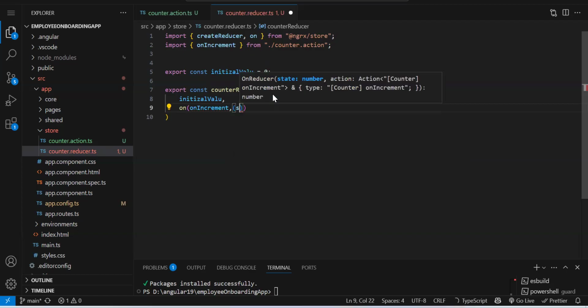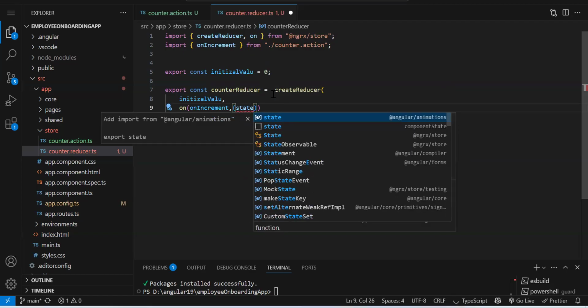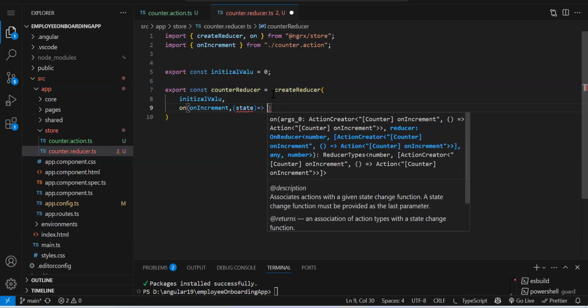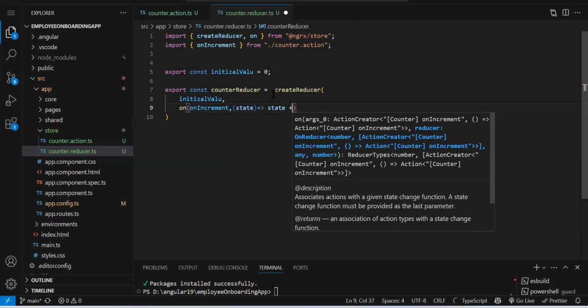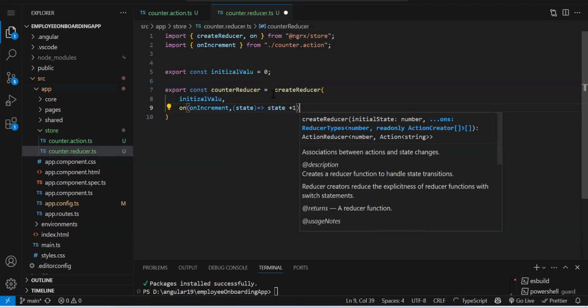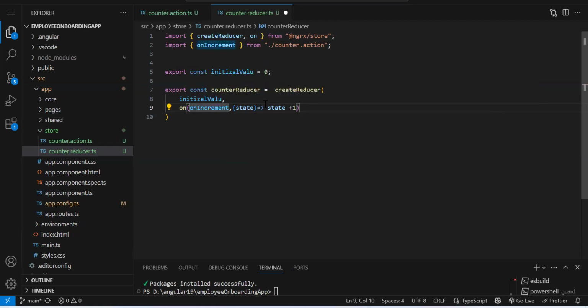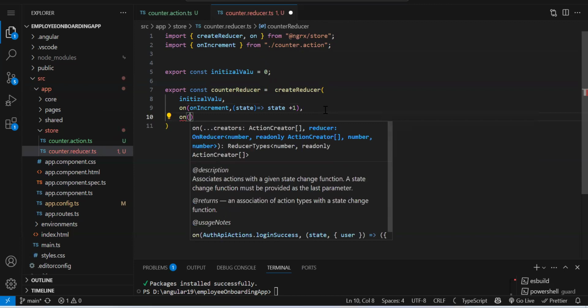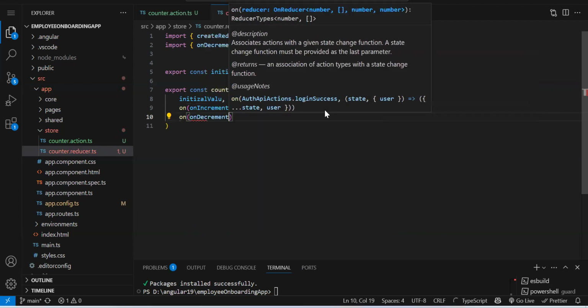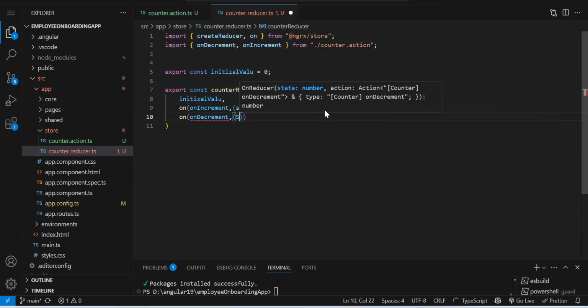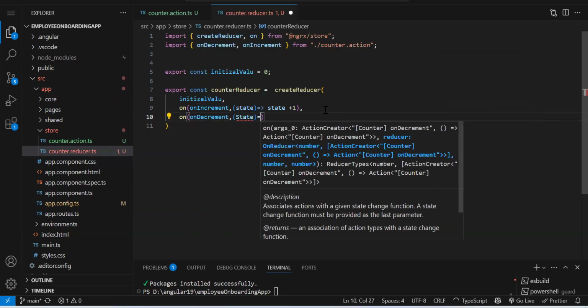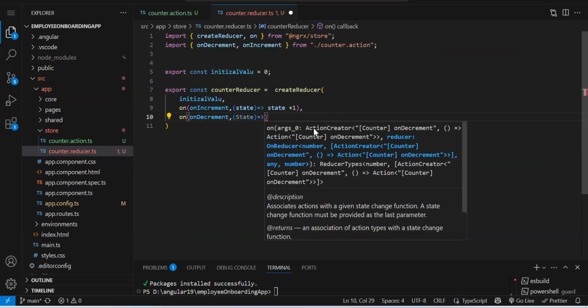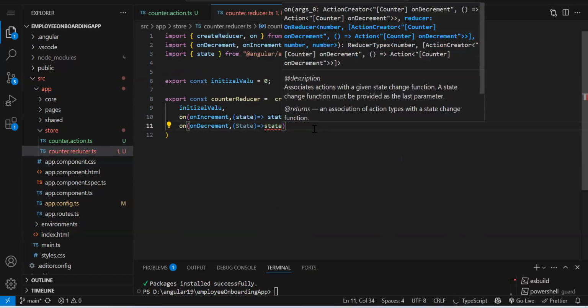We need to get the current state, then state plus 1. So if our action is increment, we are just going to increment our current state. Comma, on our second action, on(decrement), state. Here we will get our counter. So that's what we are doing, state minus 1.